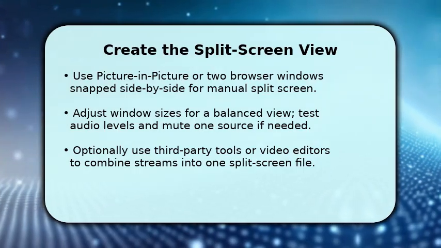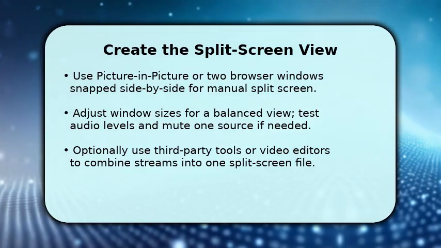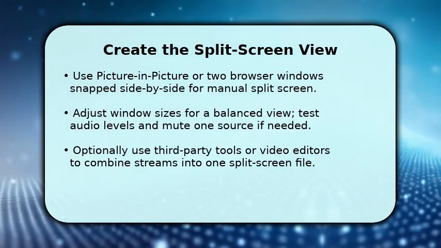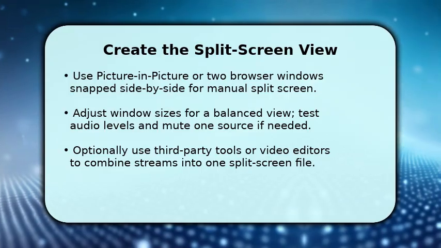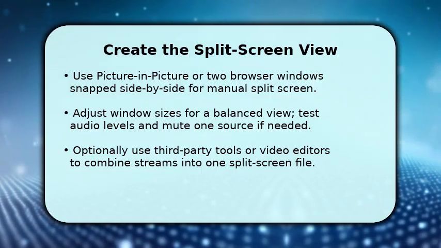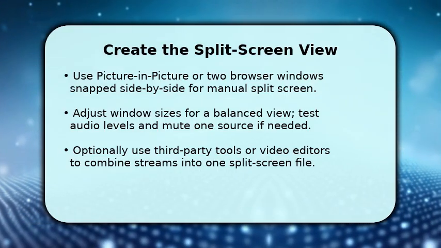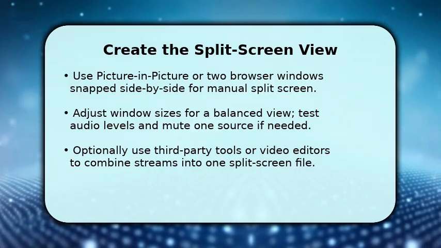Once aligned, play briefly and check sync. If audio clashes, mute one source and rely on the primary track. If you need a permanent combined file, export both into a simple editor and use a 2-up timeline to lock